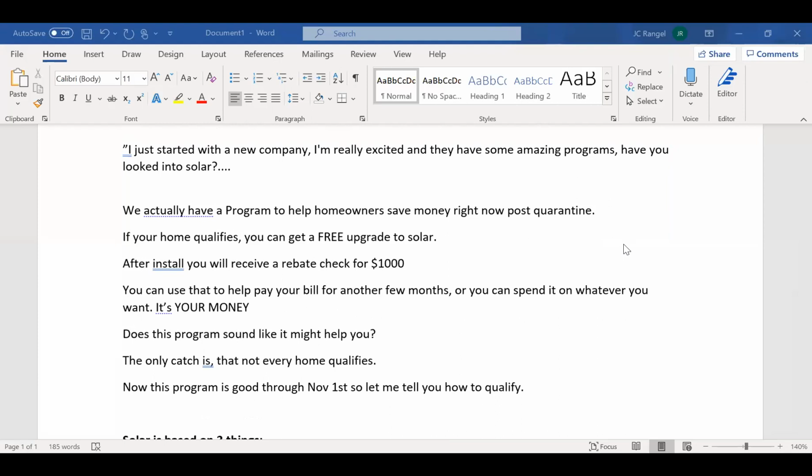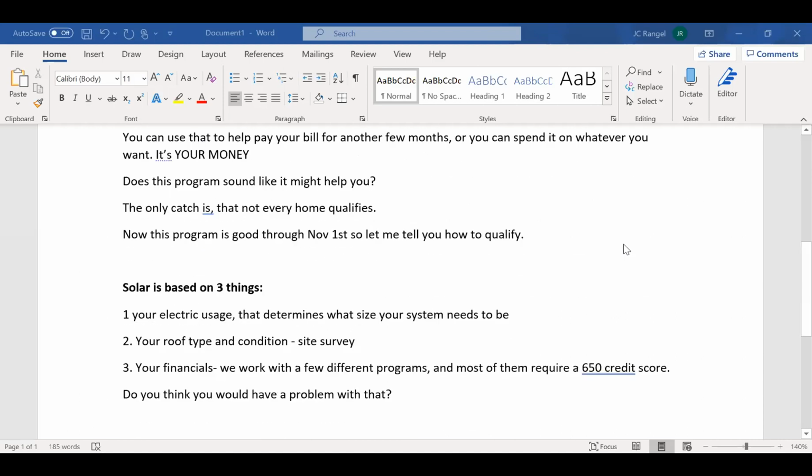By the way, that's optional if you want to operate it, okay? And I'll show you how to do that. After install, you'll receive a rebate check of $1,000. Now, that can help you pay for your bill for a few months, or you can spend it on whatever you want. It's your money. Does this program sound like it might help you? Now, the only catch is, here's where you take it away. So if I ask, does it seem like something that may help you? Yeah, I mean, that sounds interesting. And I tell them, listen, the only catch is